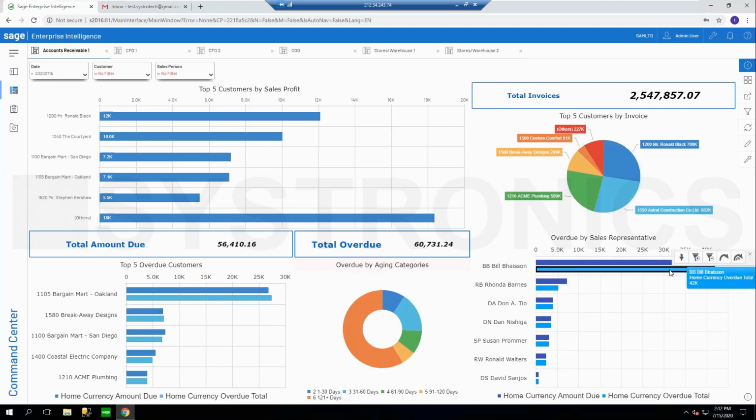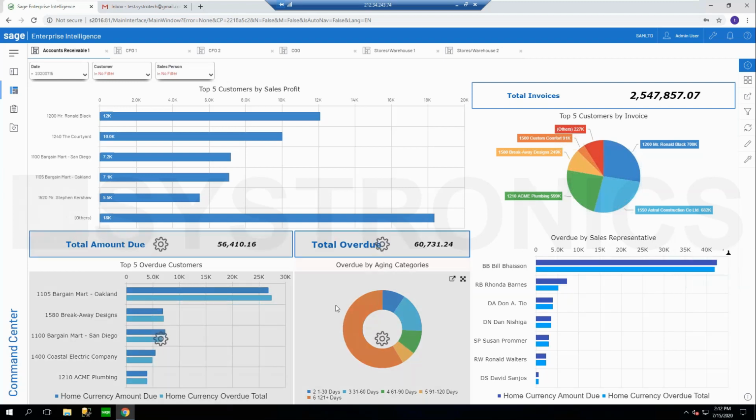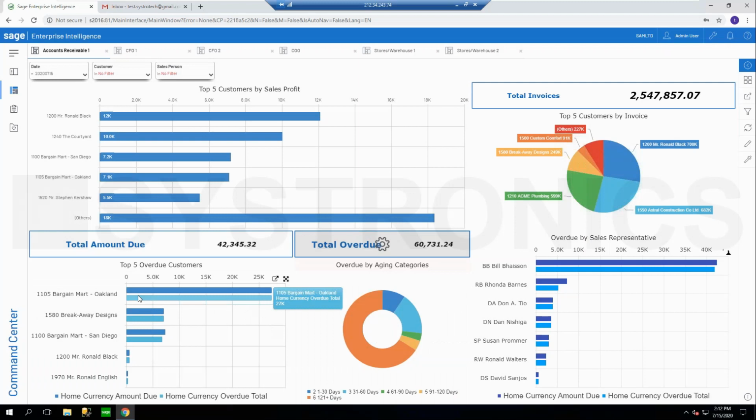Also, we can filter down and quickly see who are the customers that owe us the money. And so on the left hand, we can see that Bargain Mart owes the most. So we will contact Bill and ask him to check with Bargain Mart why they are not paying. What else? So on the top